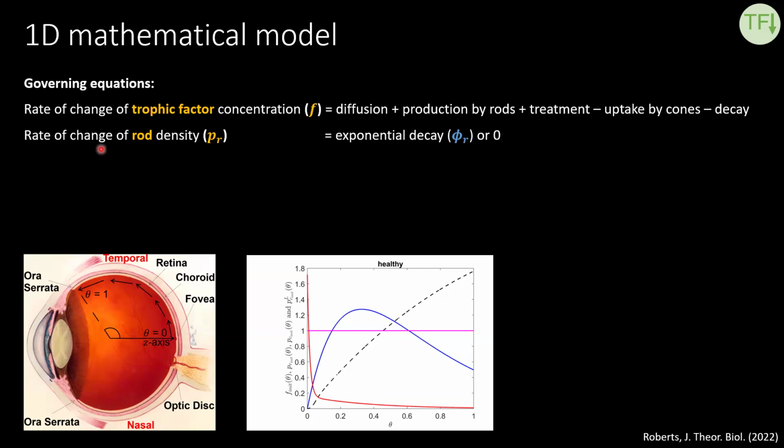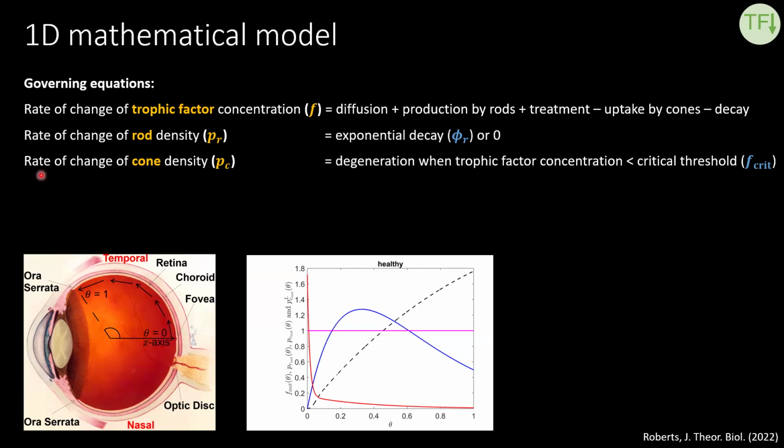And now we're distinguishing between rods and cones, so that the rate of change of rod density, denoted by PR, will either be such that the density of rods may remain fixed, or it's decaying exponentially to replicate mutation-induced rod loss. And then in terms of the cone density, we'll either say that that will remain fixed, which is PC, unless and until the concentration of trophic factor, which could be RDCBF or in theory some other trophic factor,